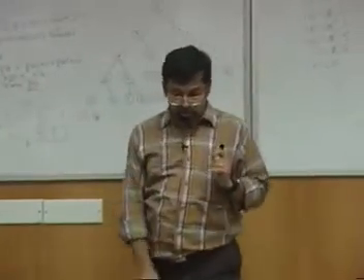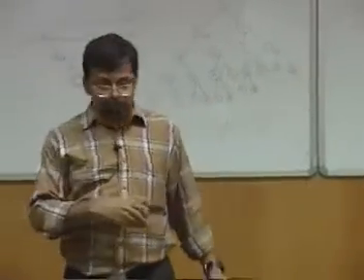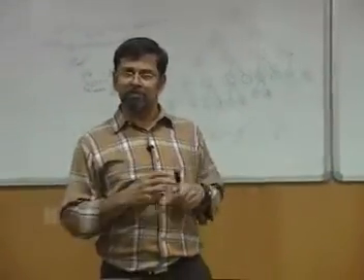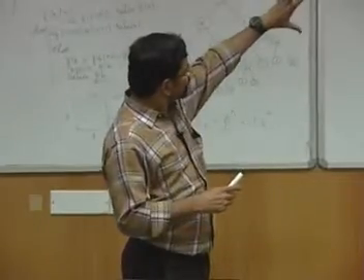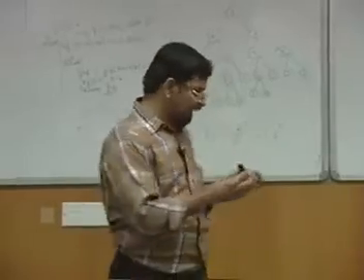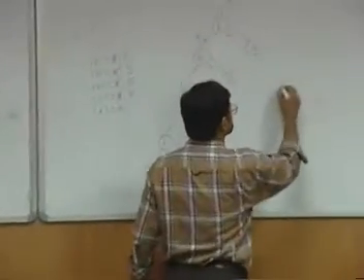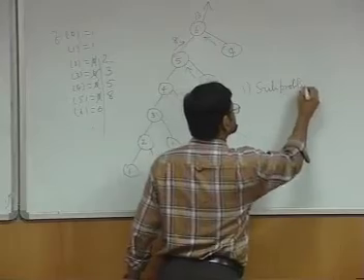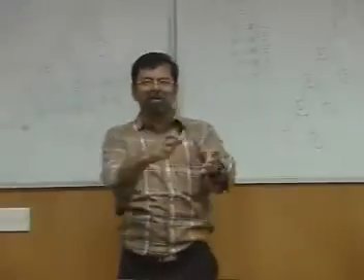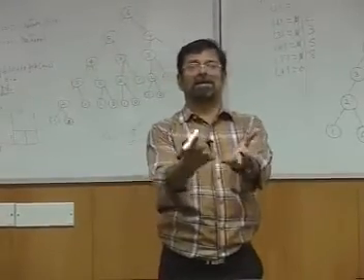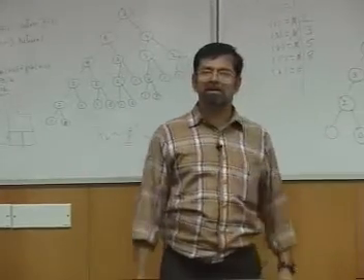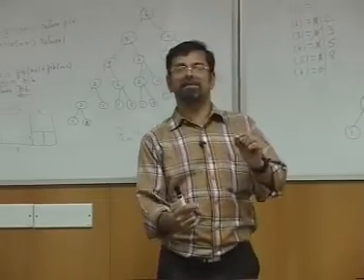In other words, which are the subproblems I have to store? How do I know which one depends on what? All those things you have to worry about. In other words, when you have overlapping subproblems for a given problem, you have to first identify the subproblem space. What I mean by subproblem space is the set of all possible subproblems that would arise in the context. Then, after looking into the subproblem space, you have to look into the dependency pattern.